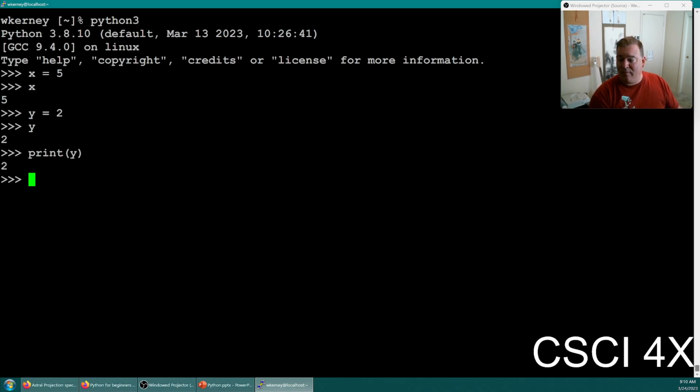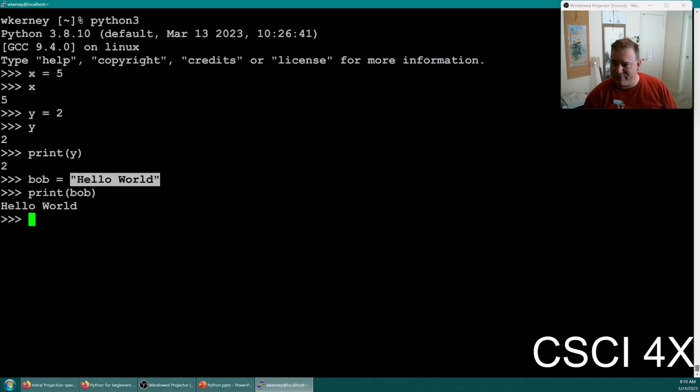Now, I could also set Bob equal to hello world. And so if you put double quotes around something, that makes it a string, which is to say words. And if I were to print Bob, it will print hello world to the screen, which is your traditional first